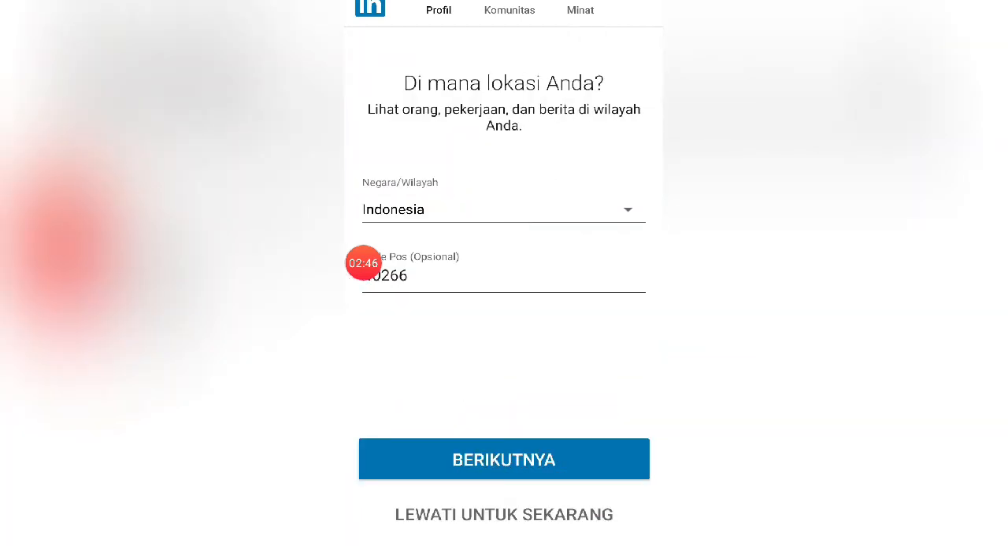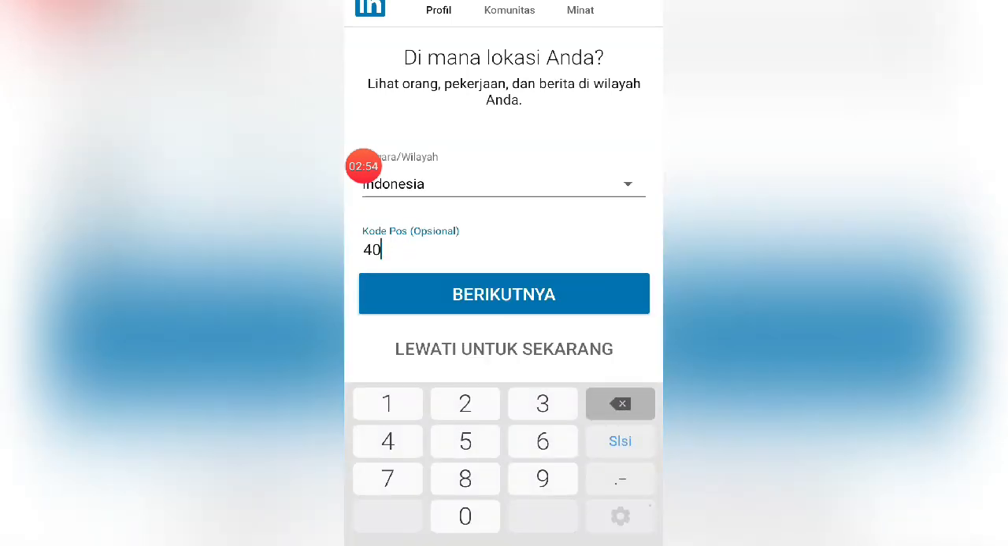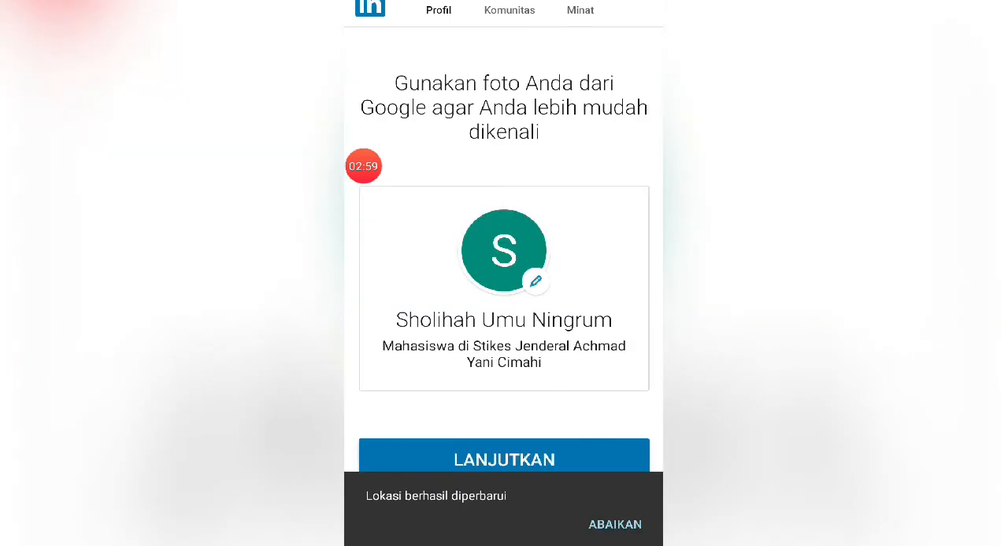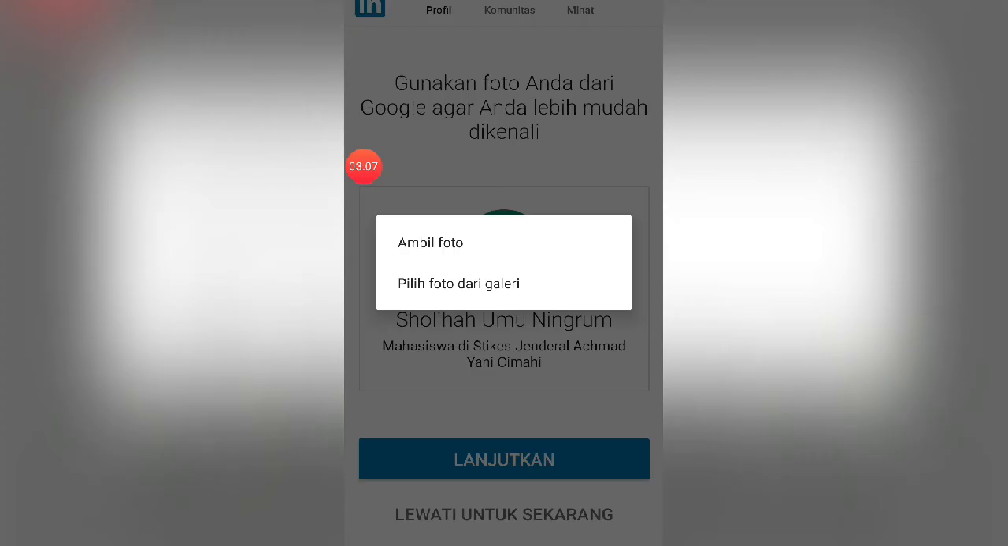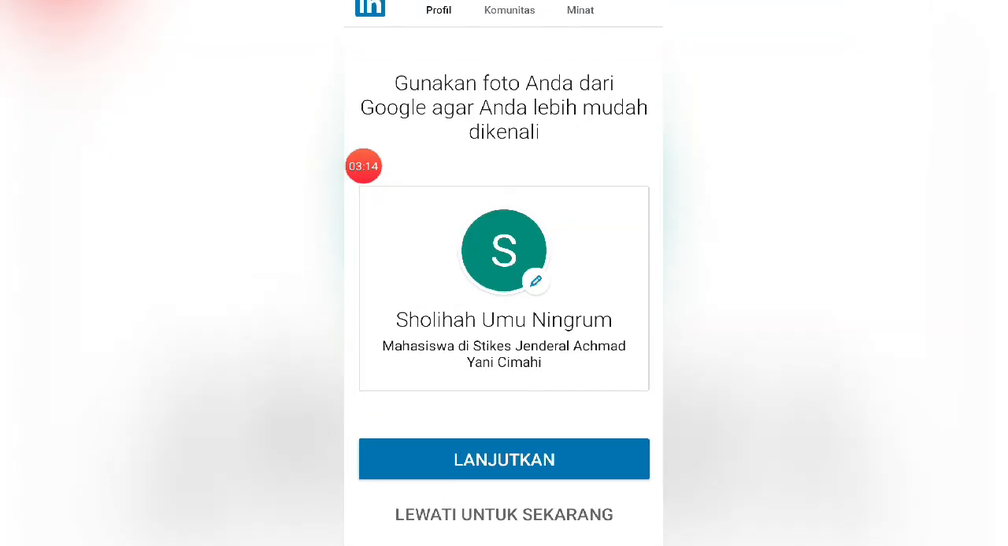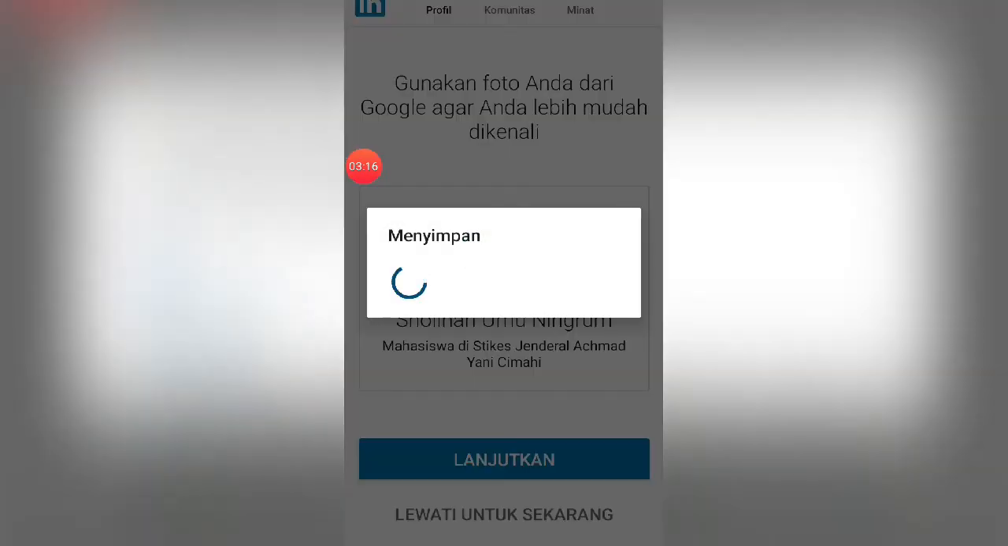Next, your location. You can choose your country and postal code. Okay, you set your photo from your Google account and save. Next,